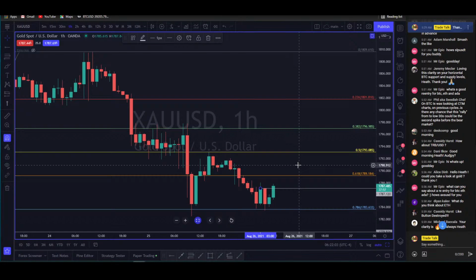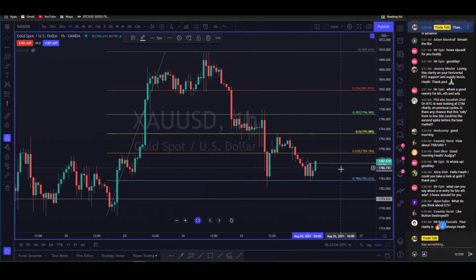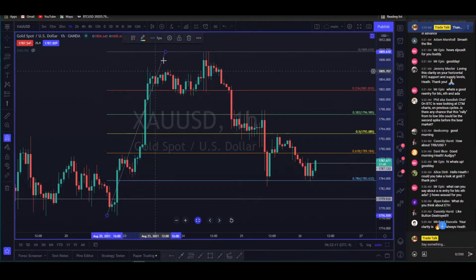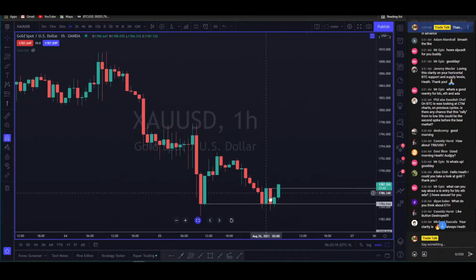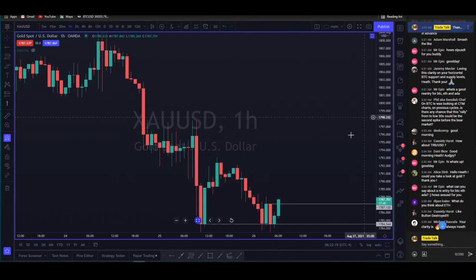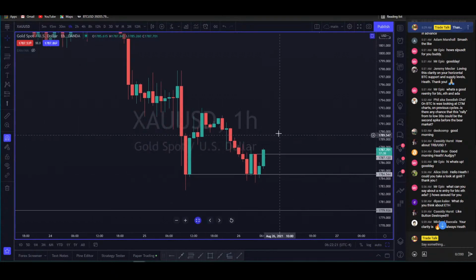So it looks like it's trying to go lower, but it can hold support here. It absolutely can. Actually, it's holding support good, multiple hours even. So I would probably be more keen to take a bullish position, and I'd be looking to take profits around 1790. So I'd want to take that entry down here if possible.